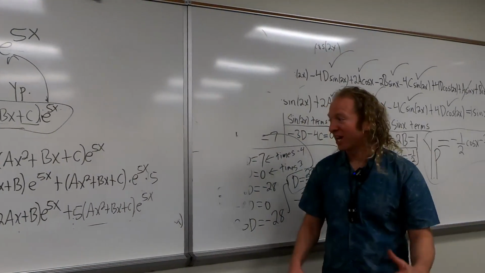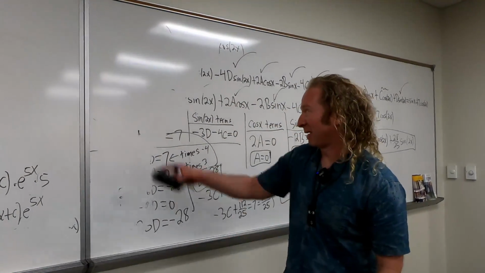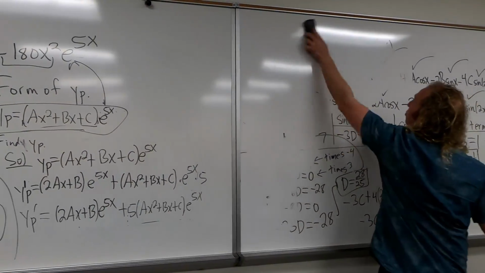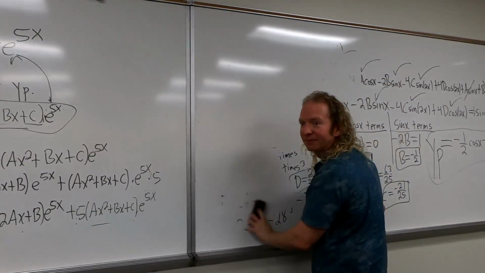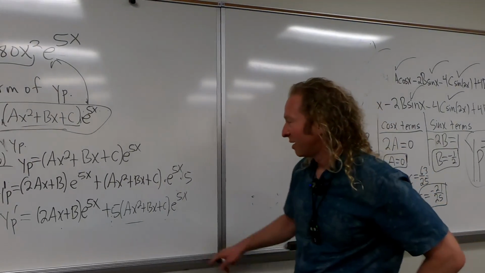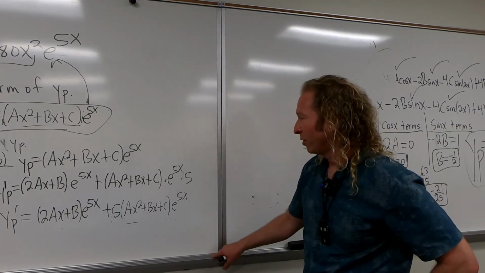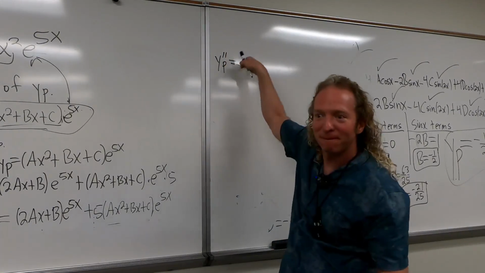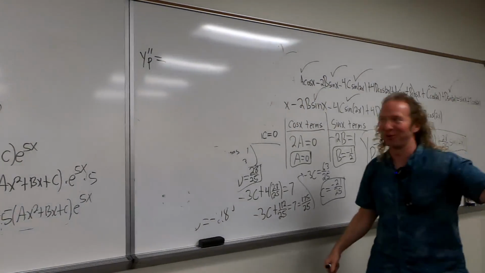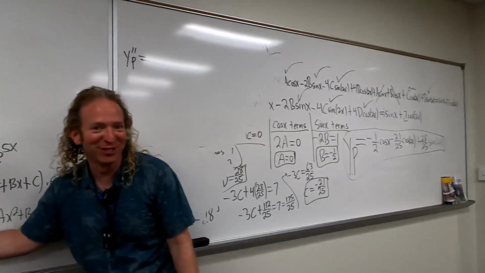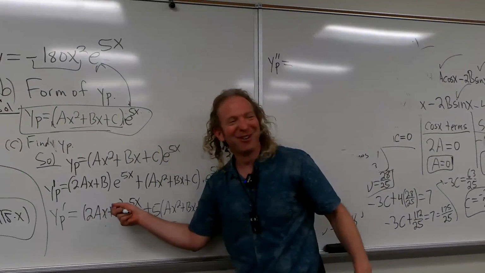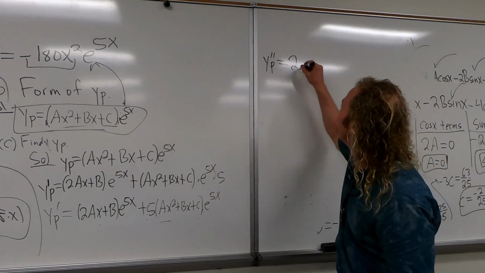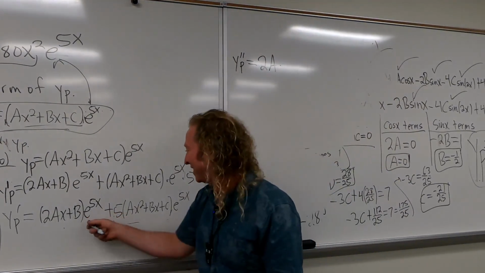We got to take a derivative again. I think I'm gonna have to come to this board because I don't think I can fit that there. There's 2 product rules. We have 4 chunks. So y double prime. So it's the derivative of the first times the second. What's the derivative of the first piece? 2a. Good. 2a times the second